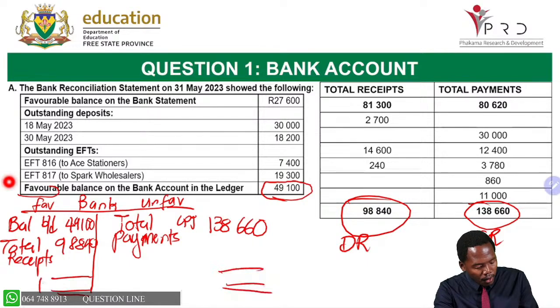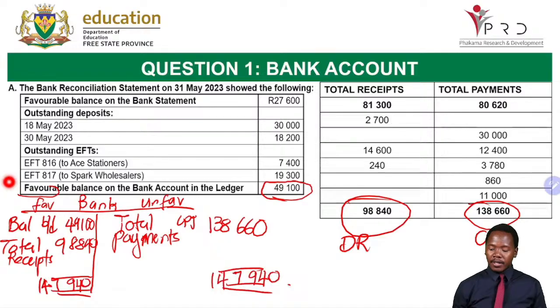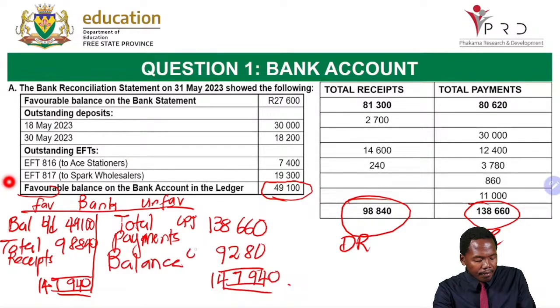Then we get 147,940. So we put that on both sides because that's the bigger side. Then we subtract 138,660 and we get 9,280. So this is our balance carried down. Now this balance carried down will come to the debit side to become balance brought down,